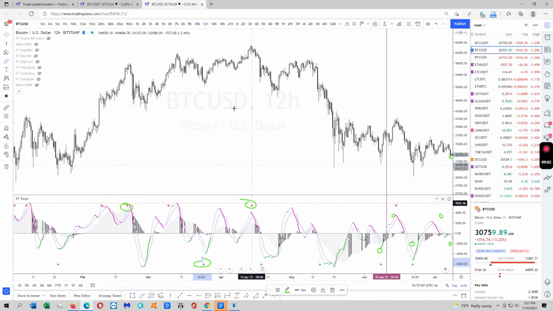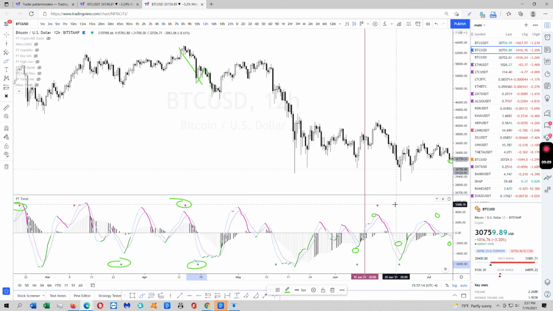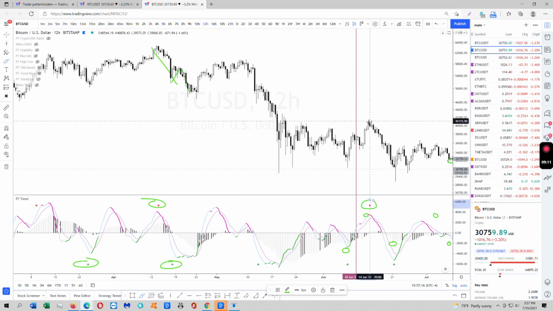Just gotta be careful. Look at this, right? We dumped here bad. We went up and then we made a lower low, even though we had a possible flip. These are not sells and buys. They're just basically areas of, okay,